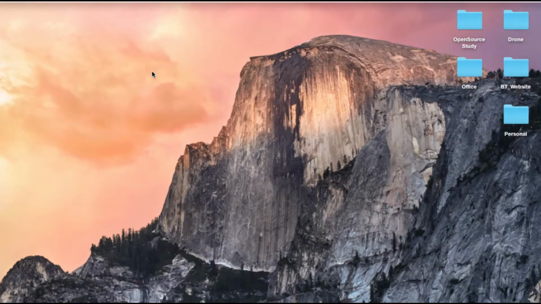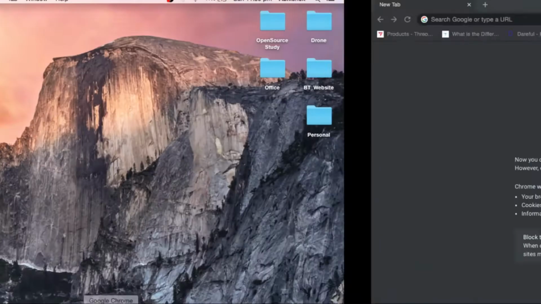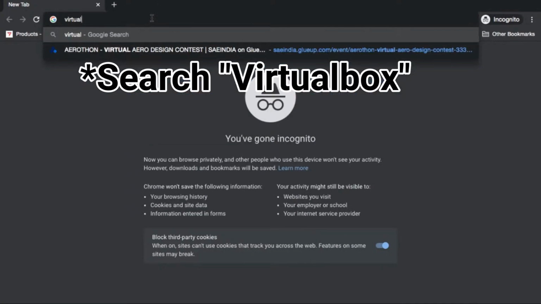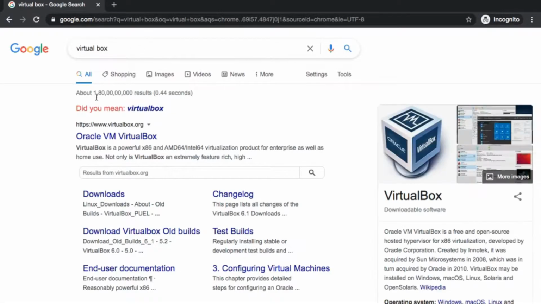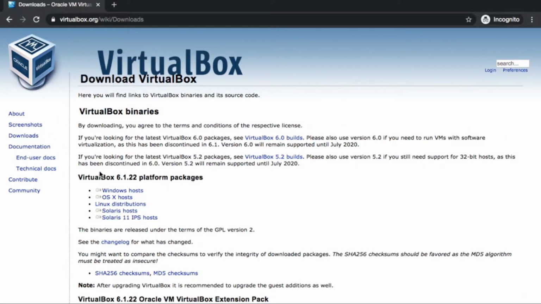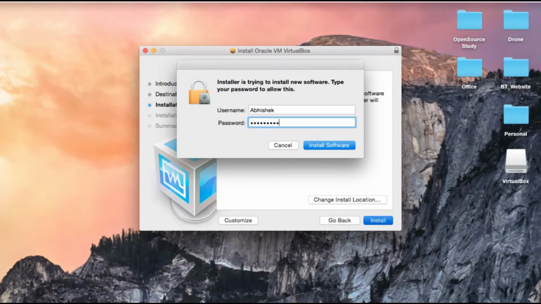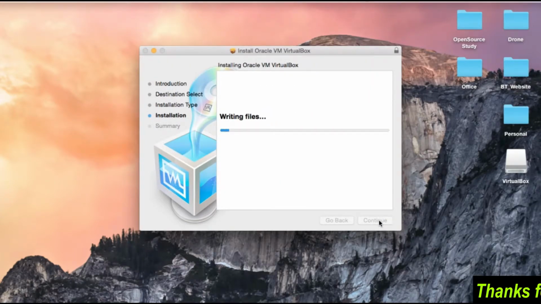Okay, what we will do is, instead of installing Linux as an operating system on our PC, we will create a virtual environment, and how to do it is with the help of VirtualBox. So let's search for VirtualBox in Google Chrome and download it for your system. And don't be afraid that I'm using the Mac OS system and some of you may be using a Windows system. It doesn't really matter because in the end we will be working on Linux. After downloading VirtualBox according to your platform, simply install it with the default settings.